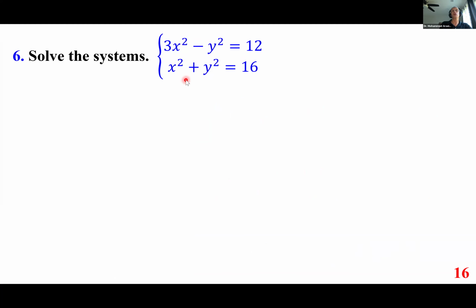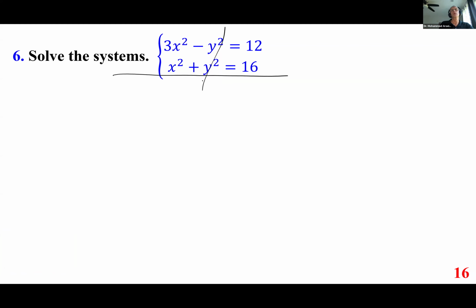This is a system of nonlinear equations, as you can see. This is of degree 2. 3x squared minus y squared equals 12, x squared plus y squared equals 16. And we have learned a methodology for systems of equations that are linear. We basically follow the same method. We can clearly see that if we add these two,